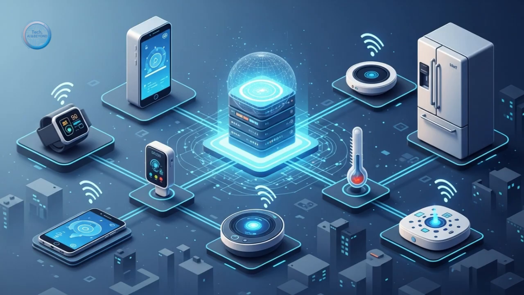Another huge area is the continued rise of the industrial IoT, or IIoT. While consumer gadgets often get the headlines, many experts believe the largest economic impact of IoT will actually be in industrial sectors: manufacturing, energy, transportation, logistics. We're talking about creating smart factories where sensors predict machine failures before they happen, predictive maintenance, enabling self-optimizing supply chains that react dynamically to real-time conditions, and building intelligent power grids that manage energy distribution much more efficiently. And a third trend that's gaining a lot of traction, especially in industry, is the concept of digital twins.